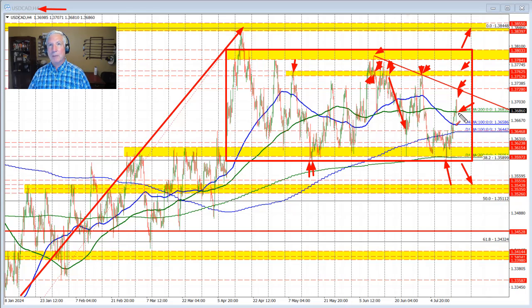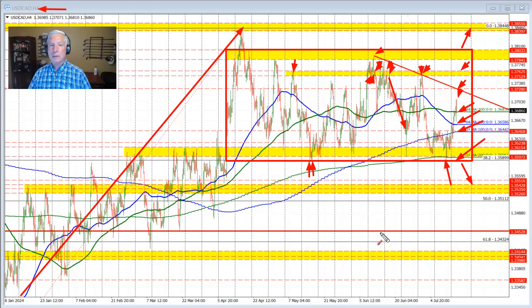If we start to move back below the 200 bar moving average, or we start to look back below the 100 bar moving average of the 4-hour chart and move below the 100-day moving average, then we're heading back down toward this area right through here, and we could see a break to the downside. So, just in the short term, folks, these moving averages are going to be our defining barometers for more bullish or more bearish. Today, going forward through the Bank of Canada interest rate decision, if we can stay above them, it's more bullish. If we move below, it's more bearish.